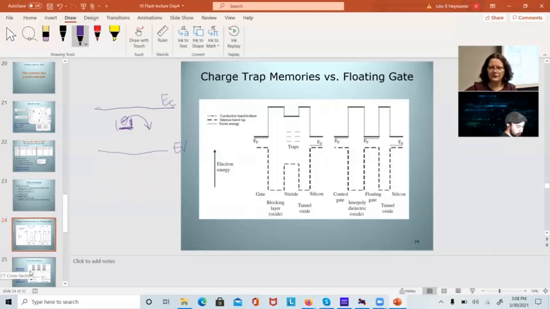ReRAM and MRAM are actually in production. So it's a little bit better than emerging. They're just lower densities than NAND flash. You can get a 1 terabyte NAND flash in a really small package. When I talk about density, you can get 16 megs of MRAM in a small package. So they just don't have the density of other devices. When it gets to the point where it starts competing with NAND flash and the prices go down, we'll have the one memory to rule them